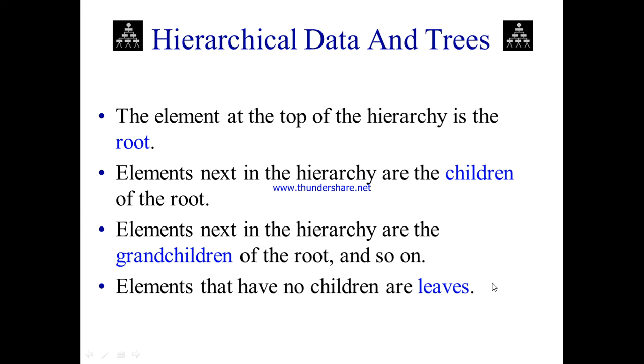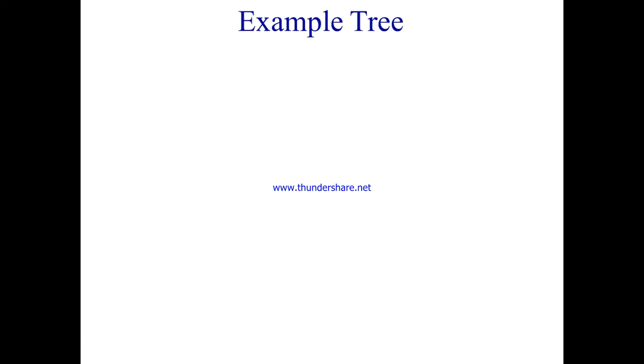So we start from the root, then the next level of the hierarchy is said to be children of the root. The next level is said to be grandchildren of the root. The next level again, great grandchildren. Like this we are going to proceed in a tree. When it reaches the bottommost level, where we don't have any children to the nodes, then we are going to call them leaves. So that is the hierarchical data.